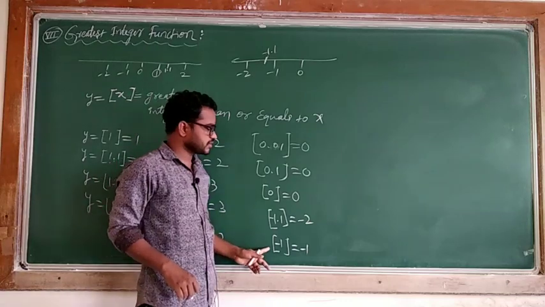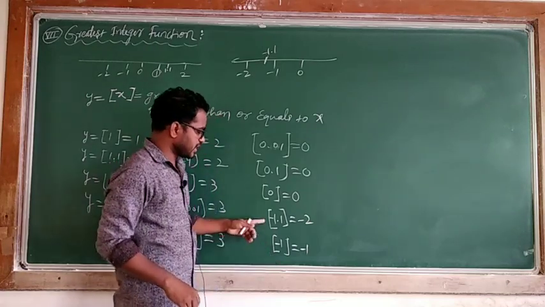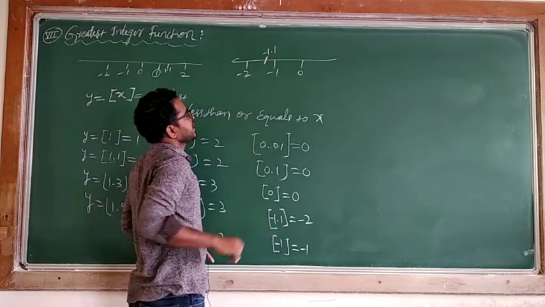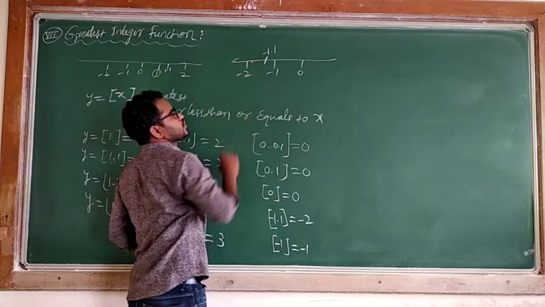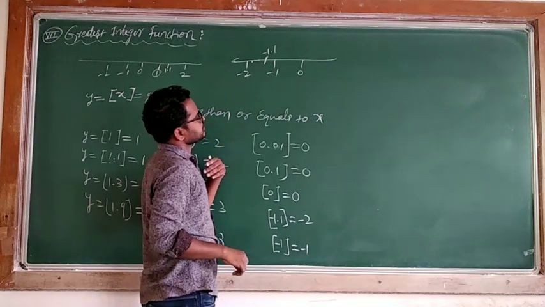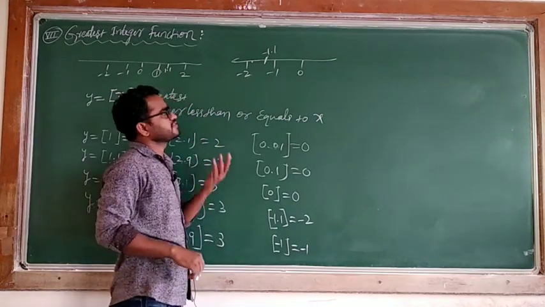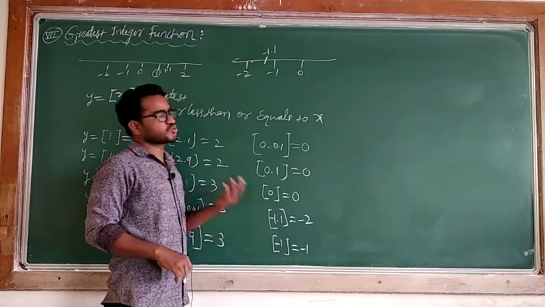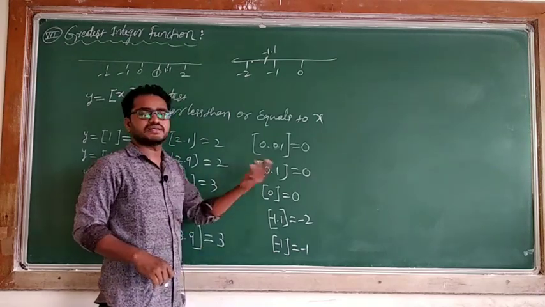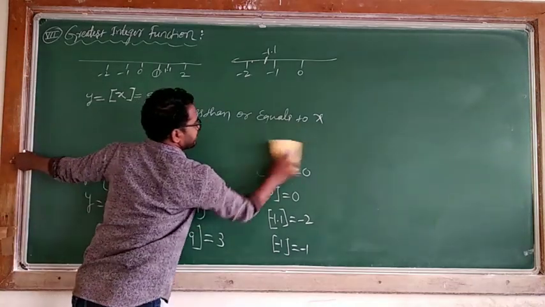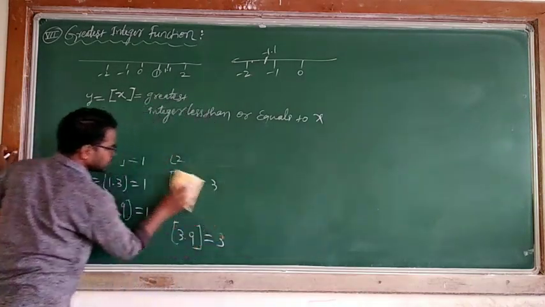According to this, we will take lesser numbers. Minus 1.1, minus 1.2, minus 2 only. Minus 1.9, minus 2 only. So that is the lesser number. And if it is minus 2.5, minus 3. Minus 2.9, minus 3. Minus 2.99, minus 3. Like that you take those numbers. Now I can formally say what the possible values are, that is, how the greatest integer works.